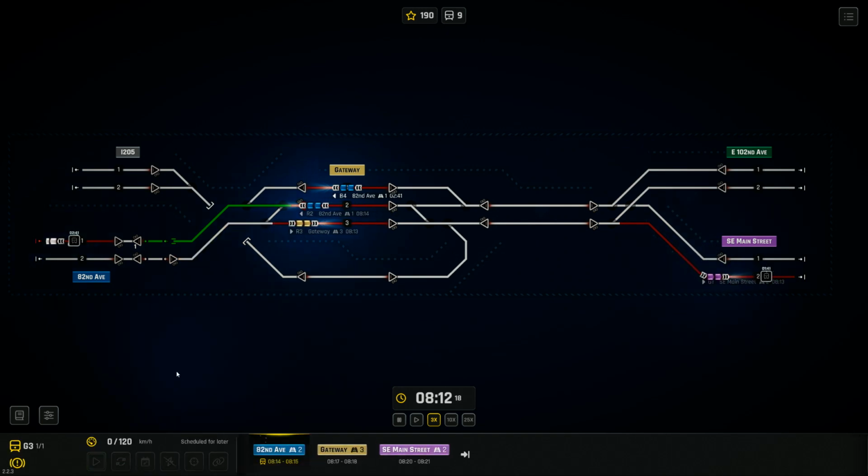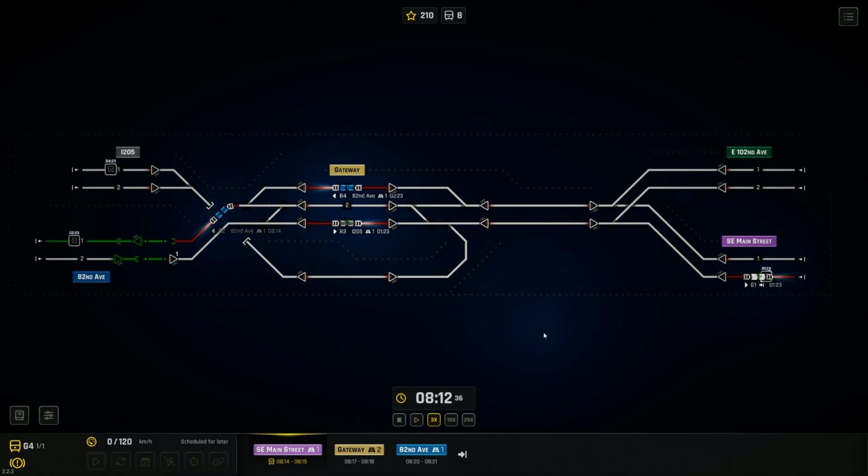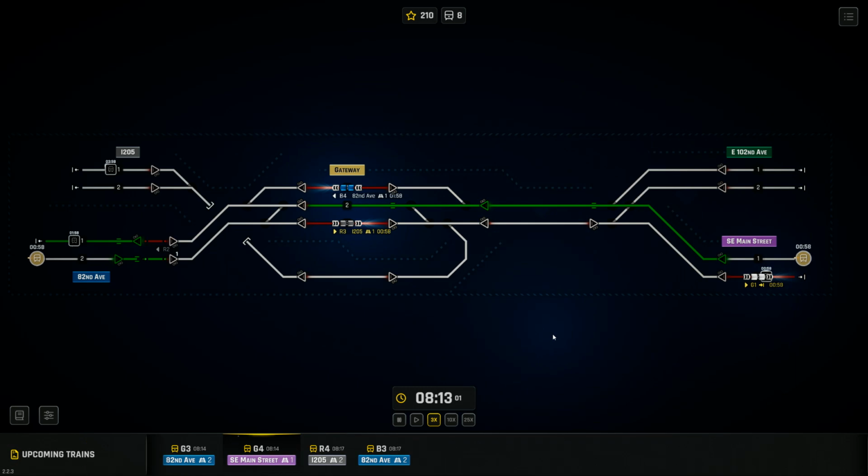82nd Avenue number 2, this is going to gateway number 3. We can actually set that signal up already, even though the train's not even here. And this is main 1 to gateway 2. Now, I know I said in previous videos that you want to